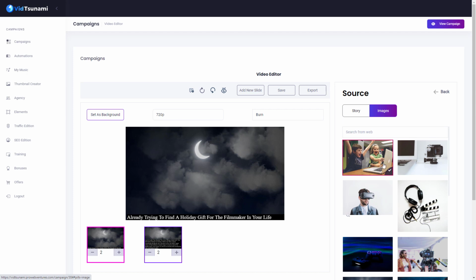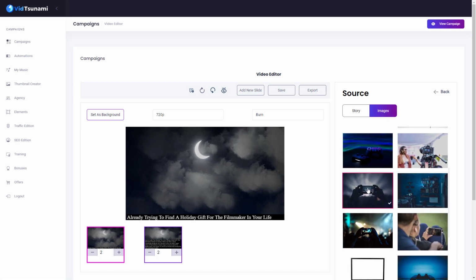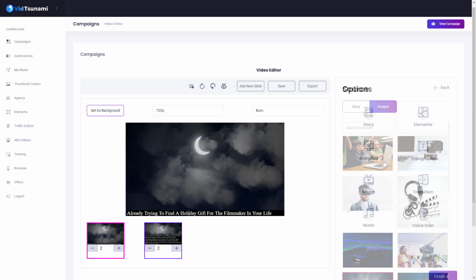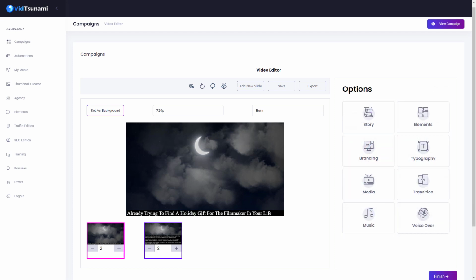If you click on images, you get some images and you can search the web for images, but you can't do anything with them. This is infuriating. You can click on these images, but what can you do with them? To edit the text, I have to click here and I can type things in. And if I select it, I can make it a bit bigger and stuff. Yep, there we go. Fantastic.